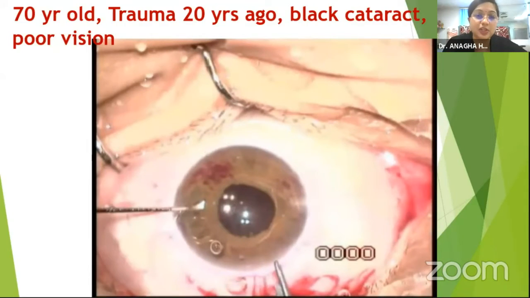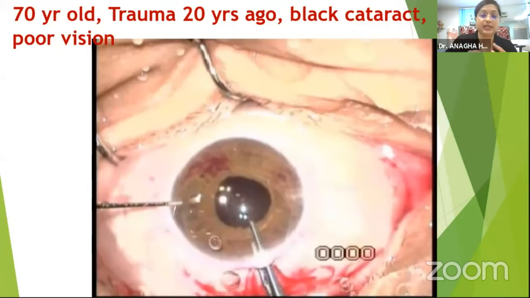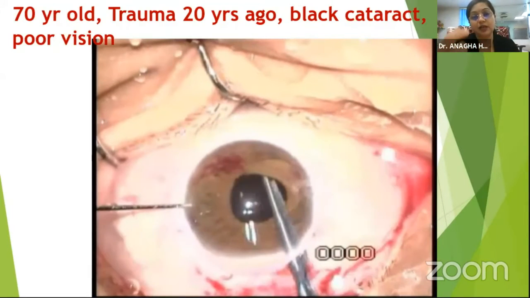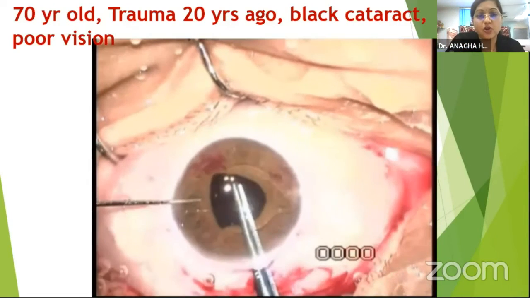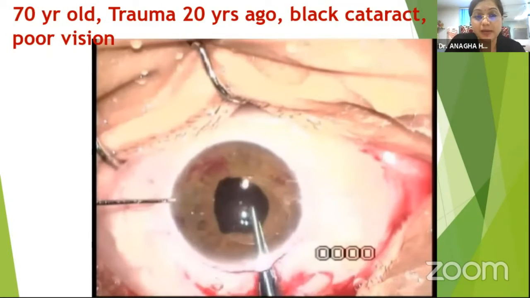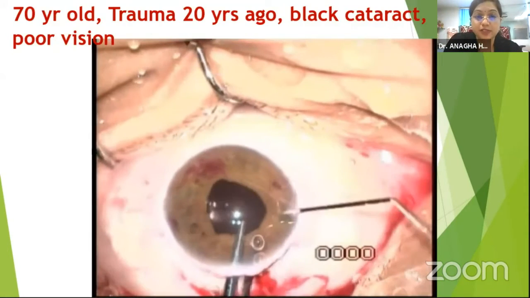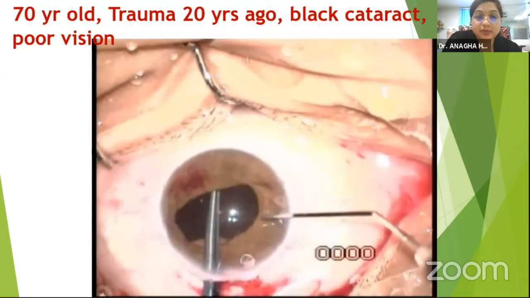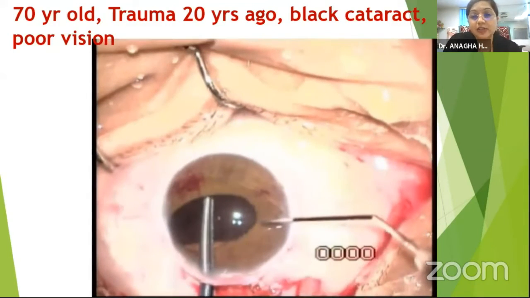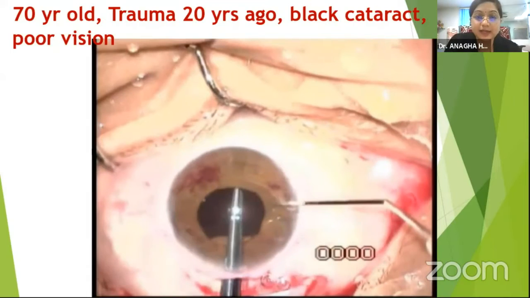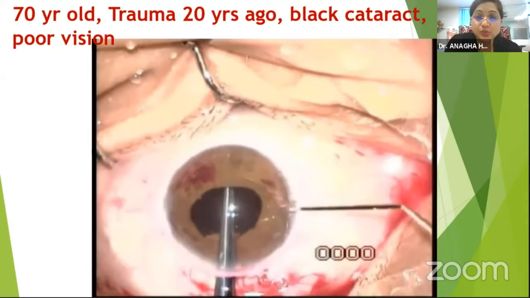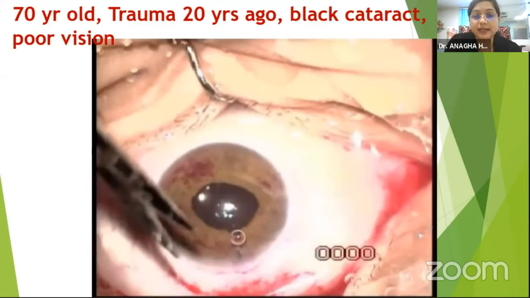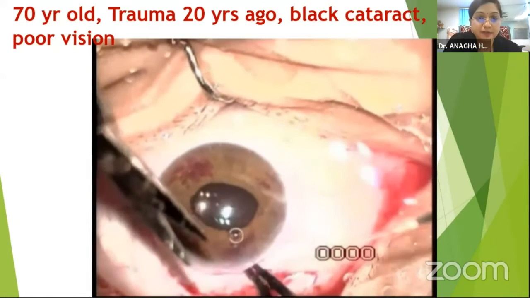Now remember, whenever we are using an iris claw lens, first outside the eye, check that the two clips of the claw can be opened up with a blunt, thin forceps or an instrument. So once you have done this, maintain the anterior chamber with good viscoelastic, and then on either side, exactly 180 degrees apart, use a blunt, thin instrument to tuck in and enclavate the iris in the periphery.